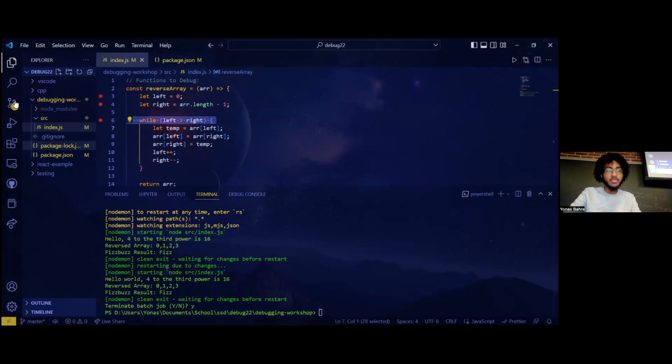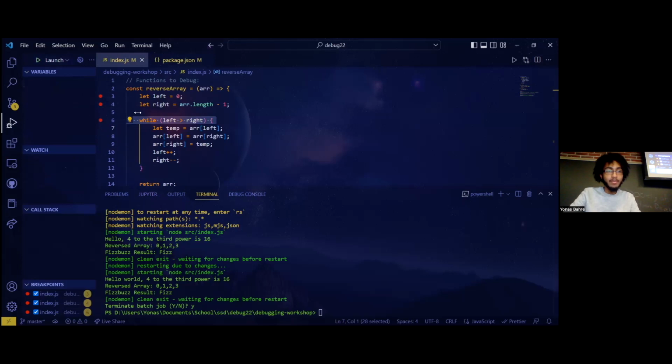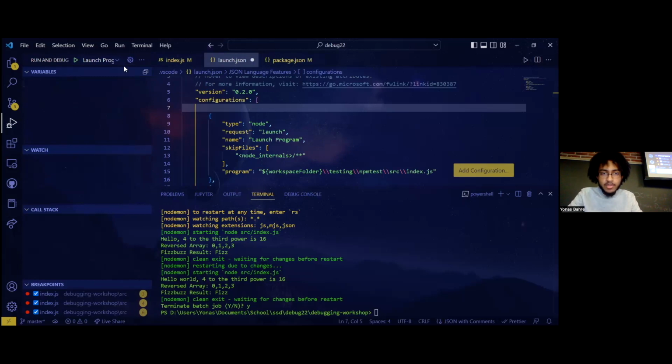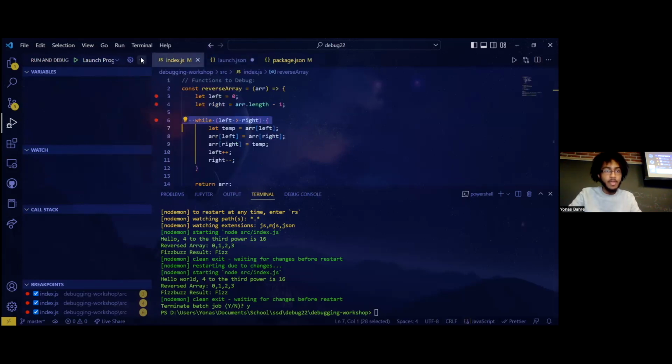So what we're going to want to do is go to the left tab here, hit run and debug, and you'll have some configuration options in this corner here. Now, let's see, I hit the wrong thing there. You might have a big button here that just says launch and debug. If you haven't run it before, you can go ahead and click that. But basically, you want to come to this drop down here, and let's see. Am I missing the